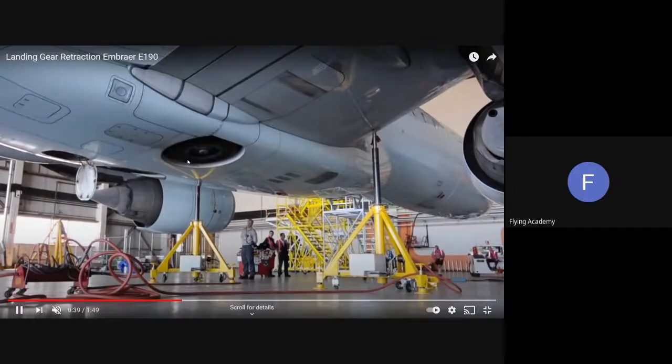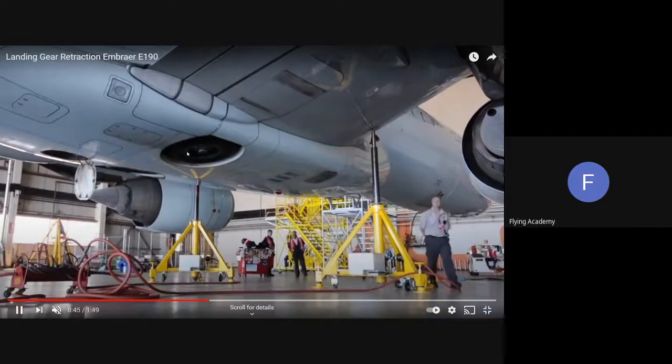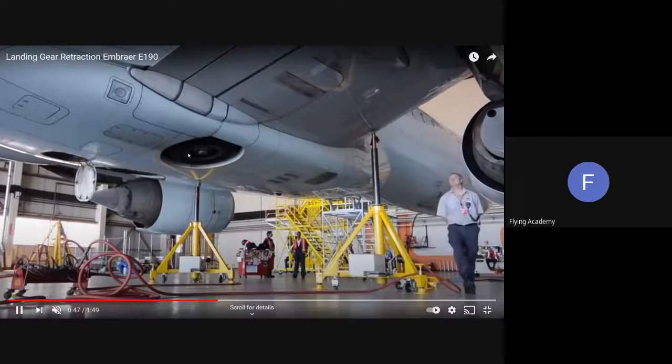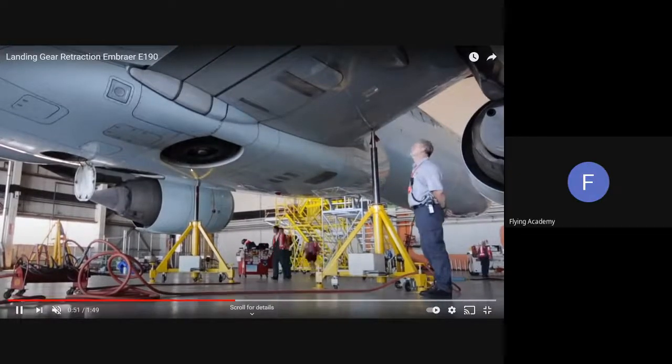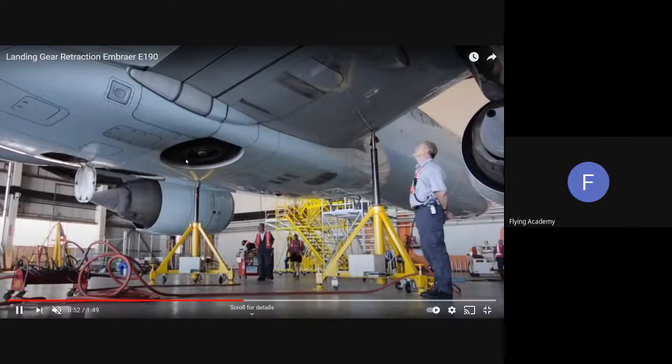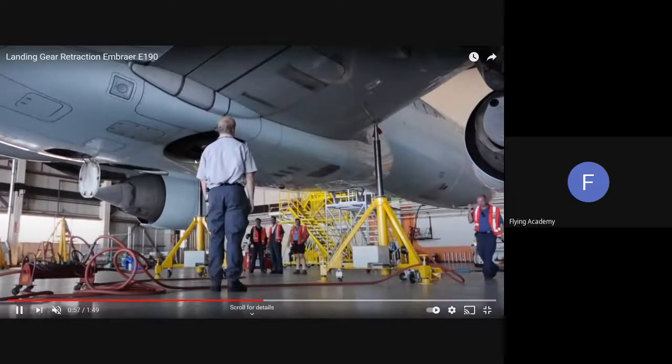And yes, you can see the tires are still visible on the belly side. It's not that good from an aerodynamic point of view, but it may significantly reduce the mass of the airplane, because you don't need to create a huge door with a hydraulic actuator system, which will close this kind of compartment.